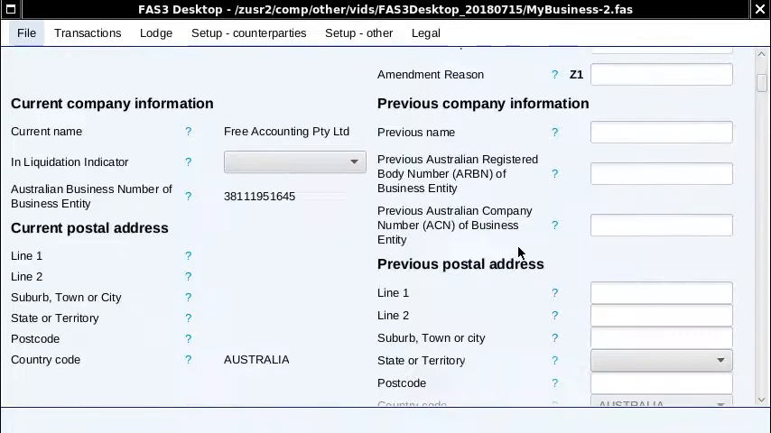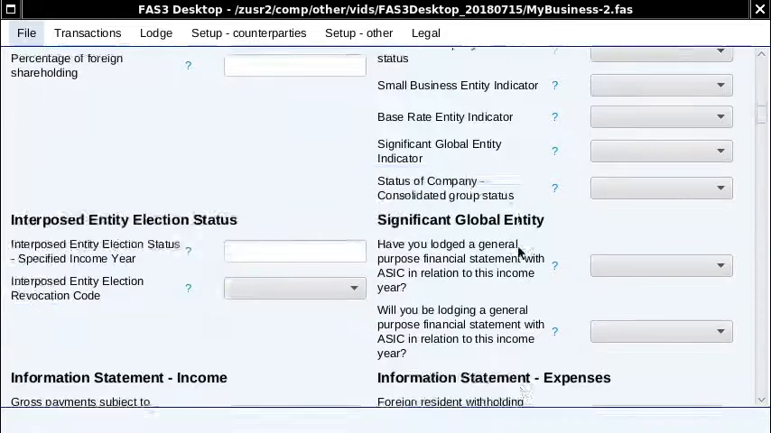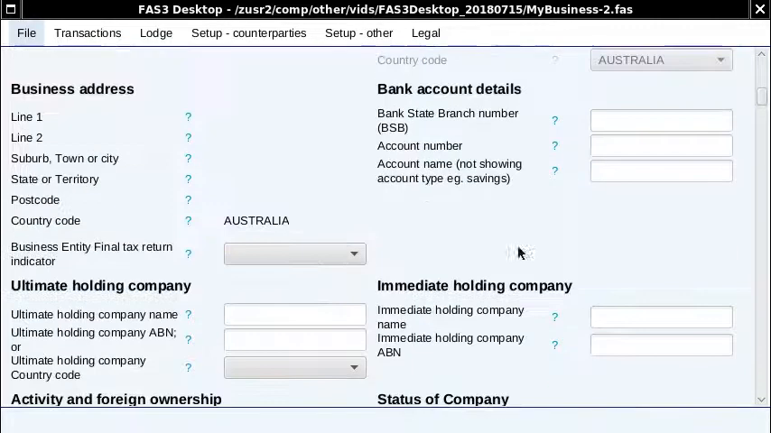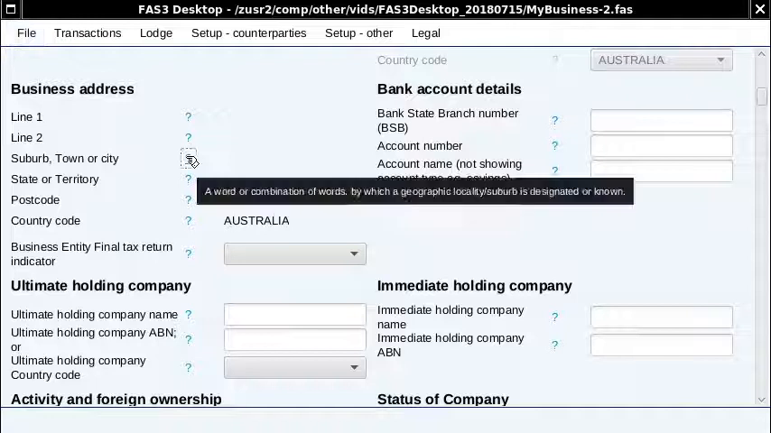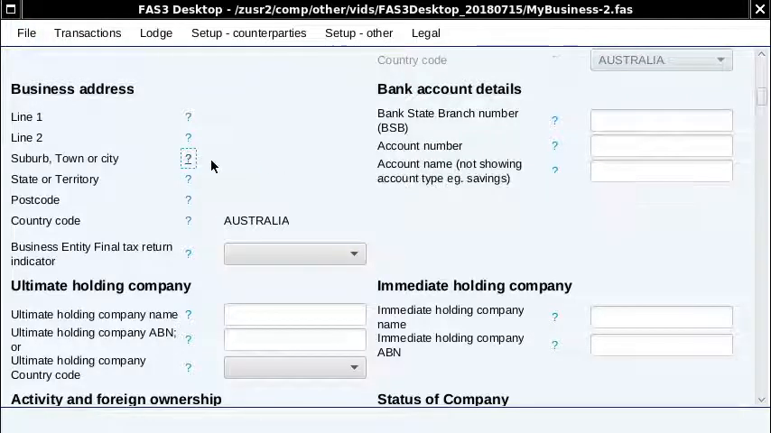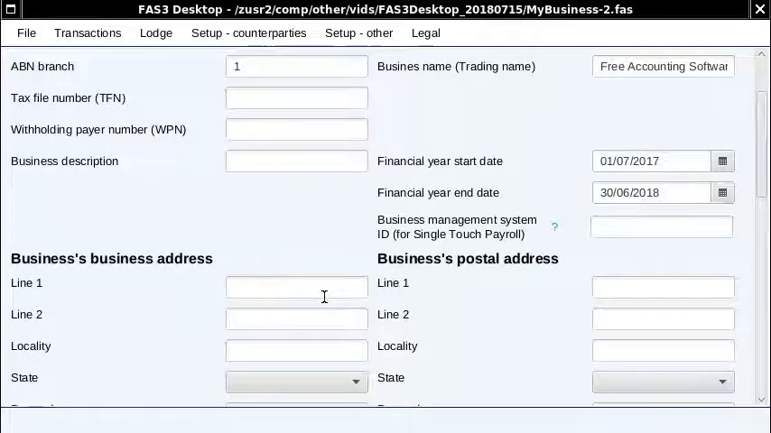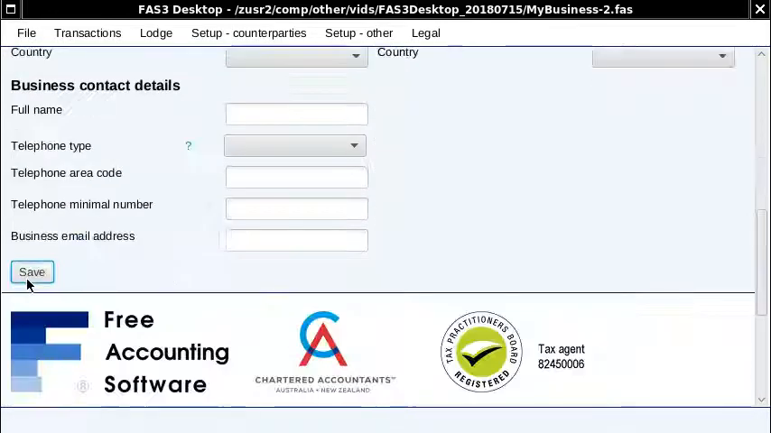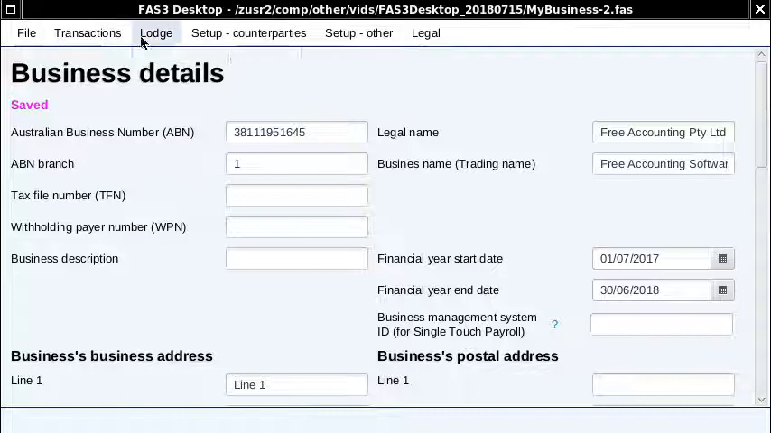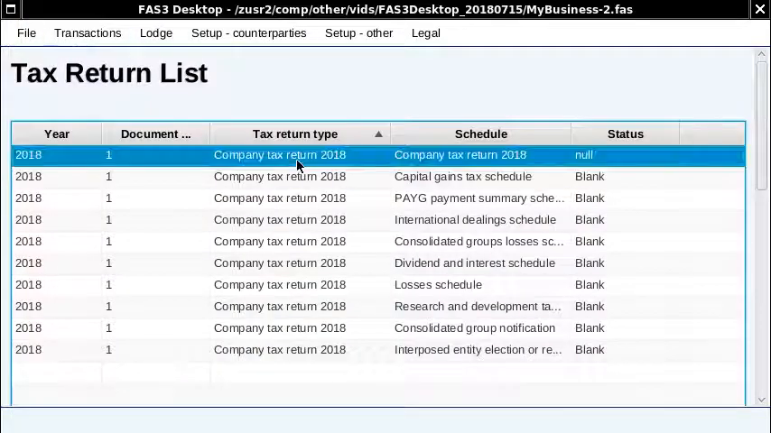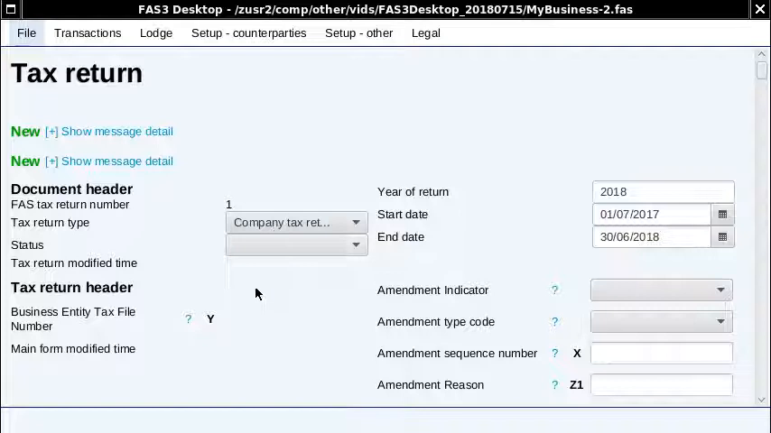And basically it's the same as the online one. You just work through it, fill it all in. You've got these question marks. In fact, see how this business address here is blank. That's because it pre-fills from the business details here, so you'll have to fill in those details. In any case, going back to the tax return,